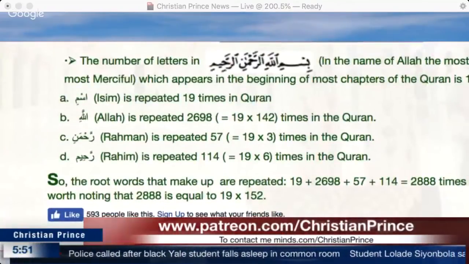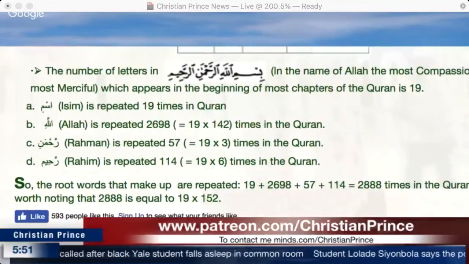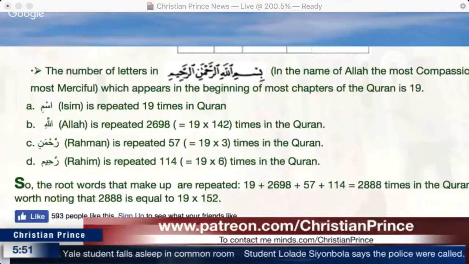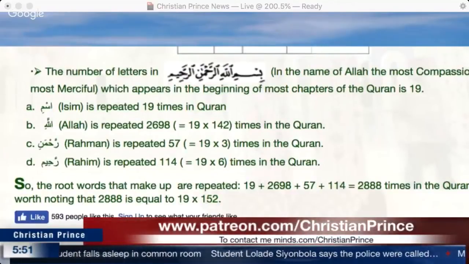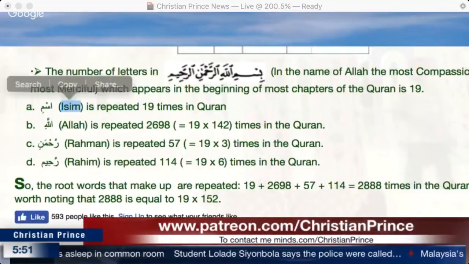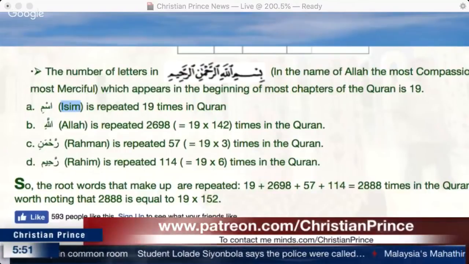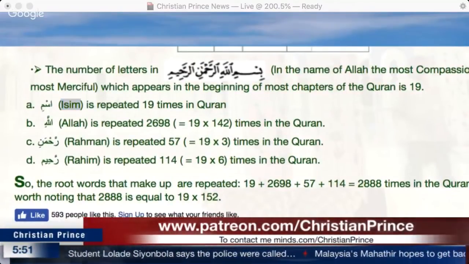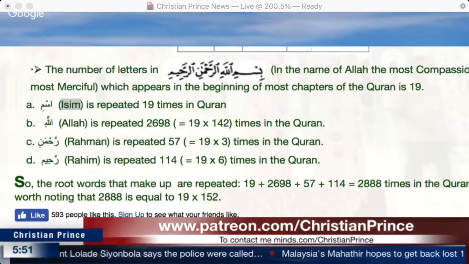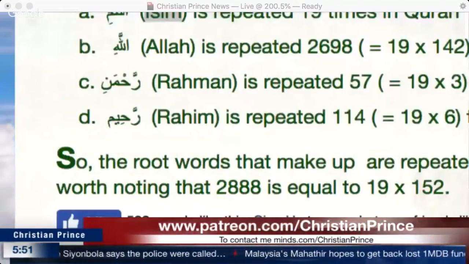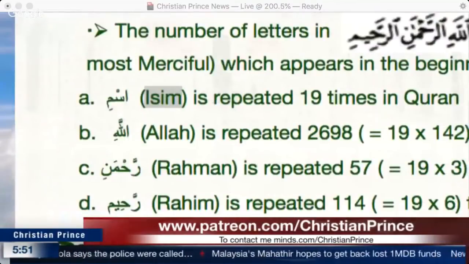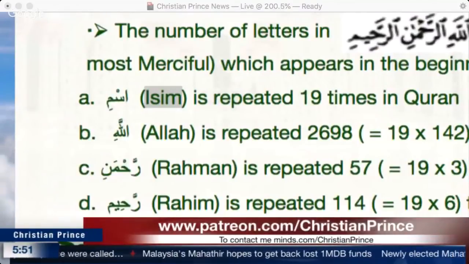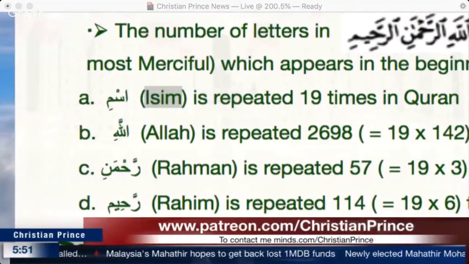Look at this donkey. Does anyone notice what happened? Do you see the word ism? Do you see how he wrote it himself? He put the letter alif there. Let me zoom in. And he even wrote it for you in English with an a at the beginning, which means, you know, for you, you read it as I. Do you see what I'm talking about?